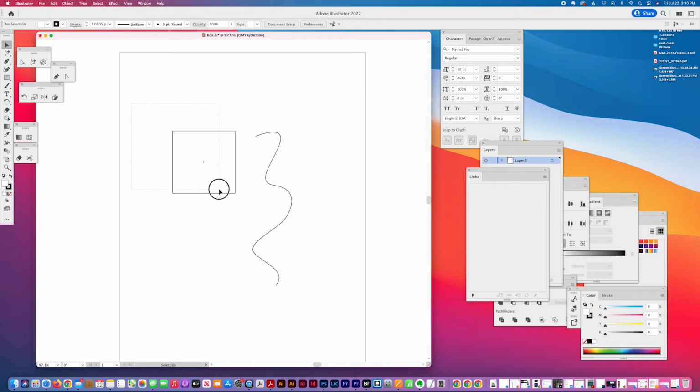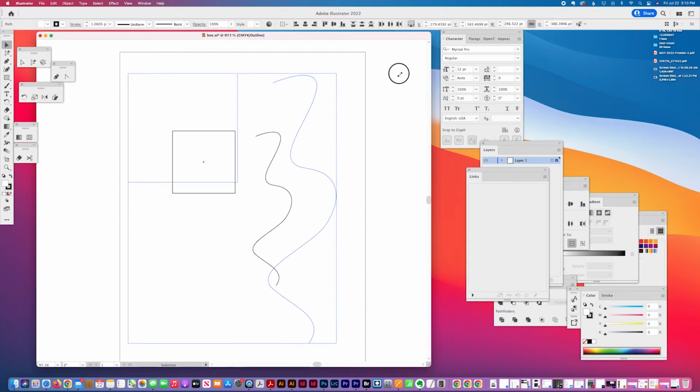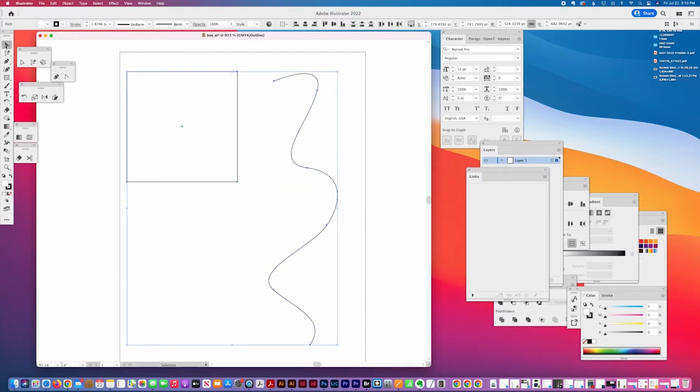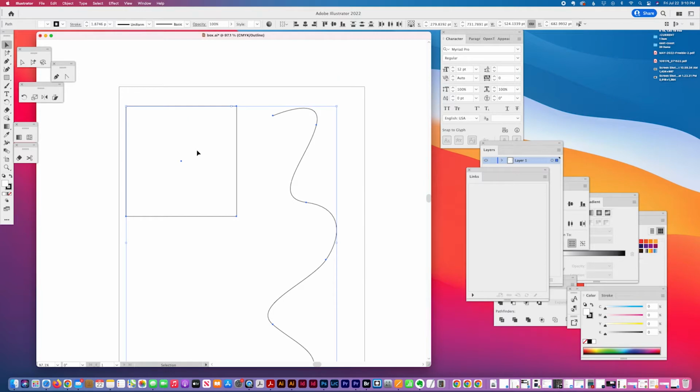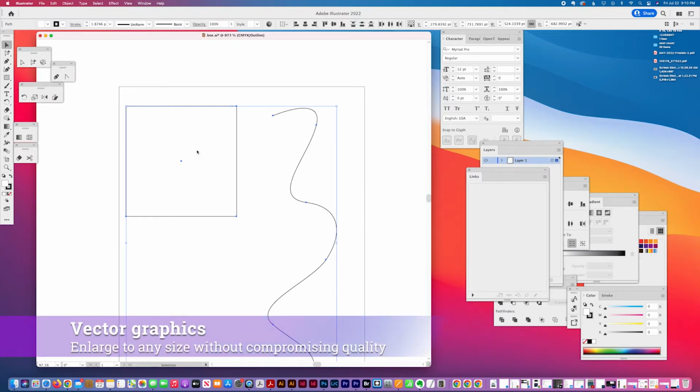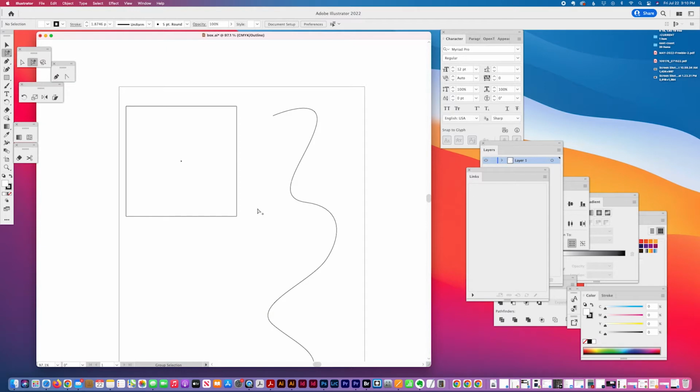And vector graphics are scalable at any size without losing image quality. So no matter how big I get this, it could be huge banner size, highway banner size, and it's still crisp. Now, if I open the same, I'll save this,